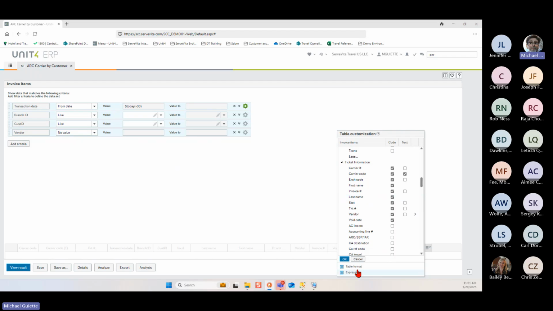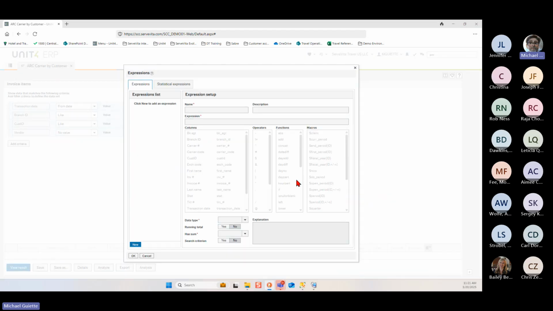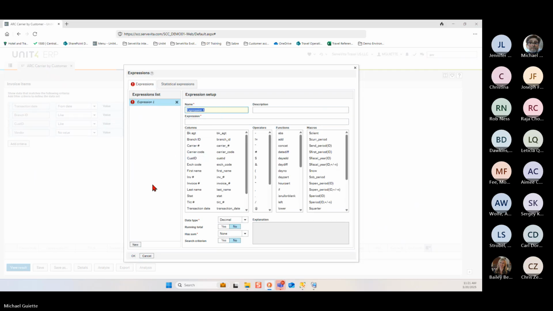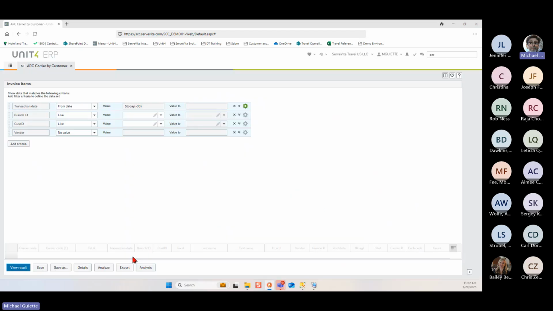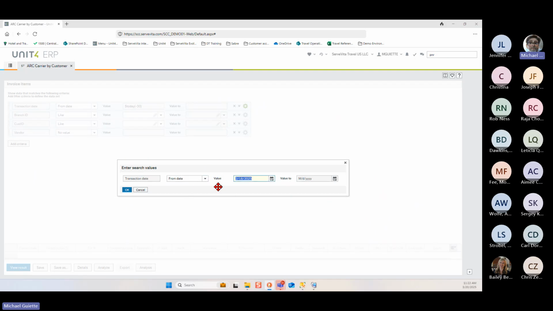In this case, I'm going to create a new expression here, and I'm going to say this is just going to be count. And I'm going to put a 1 there. I'm going to make this a full integer number, right? And I'm going to say, yes, it's got a running total. And click OK. So if I now view the result, prompt for it again,